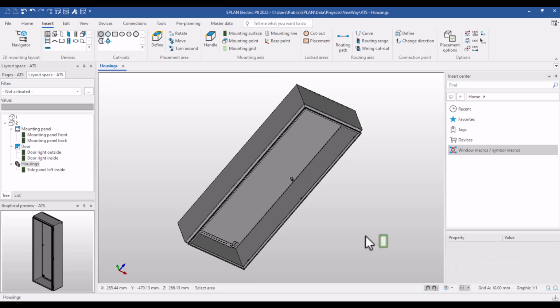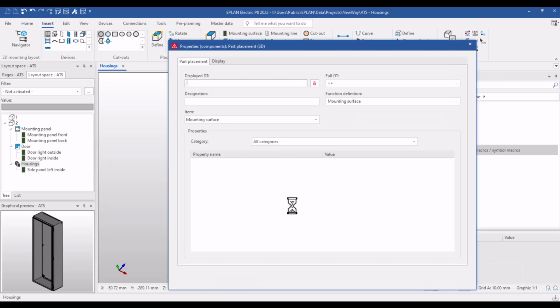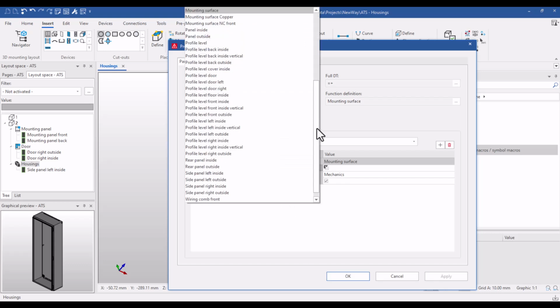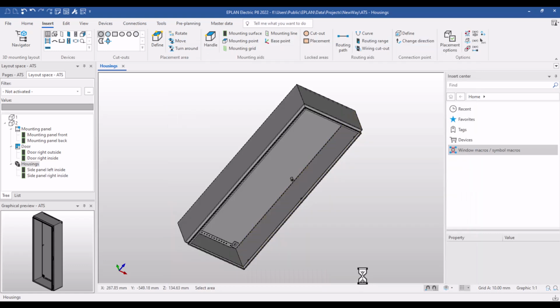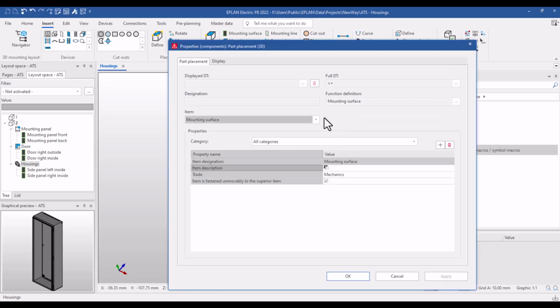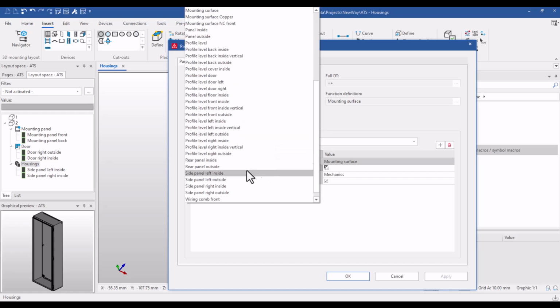So let's press mounting surface and choose this one to be side panel from the right, from inside, and press OK. Also, you have the option to define the upper side and lower side. To define the upper side, this is actually from outside, side panel, but from the top,